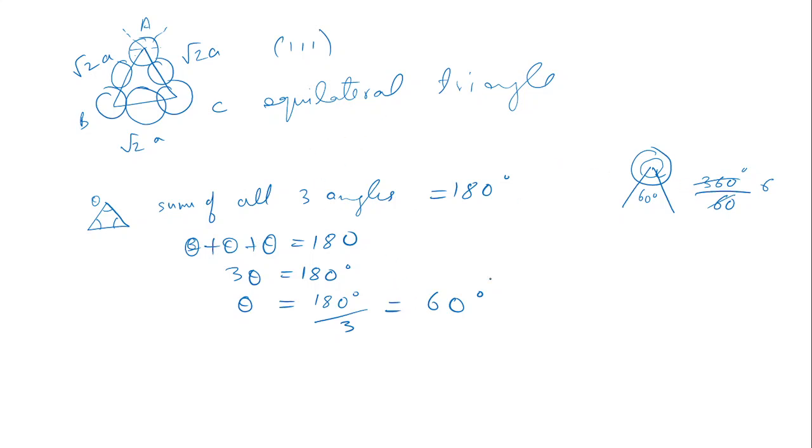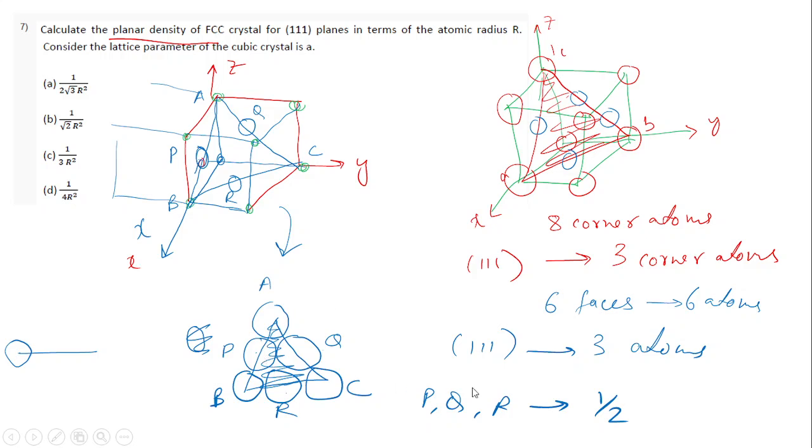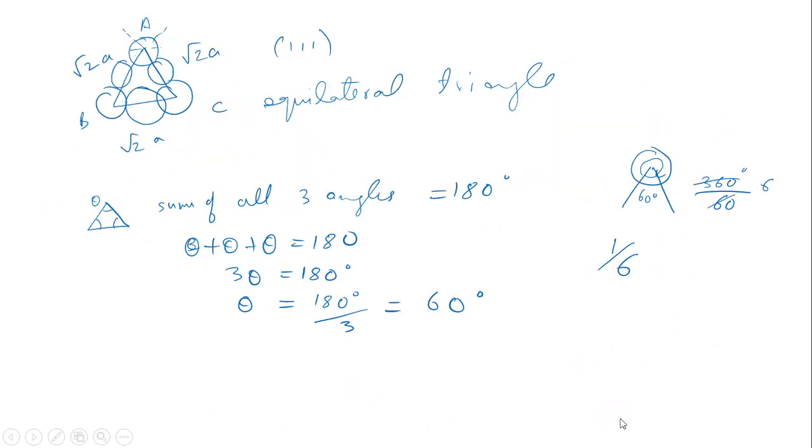Otherwise, you can do this little maths to understand that when we are considering this plane, then the corner atoms are only contributing 1/6 to this plane. The remaining is in another planes. So we understood that the face atoms are contributing half and corner atoms are contributing 1/6. That means total number of atoms